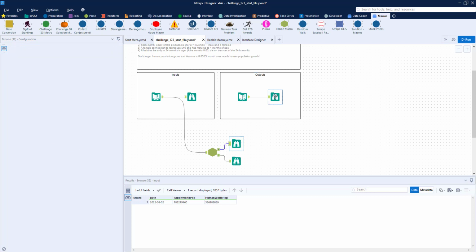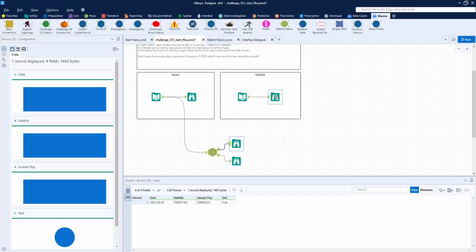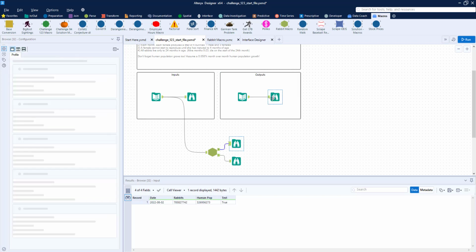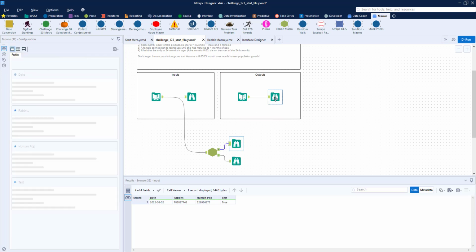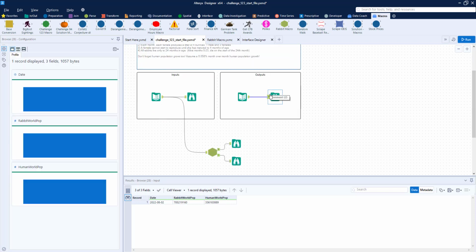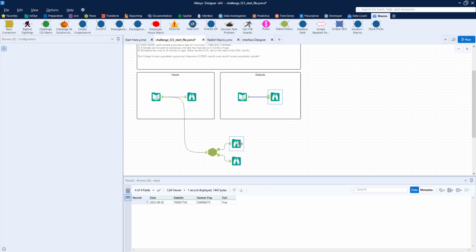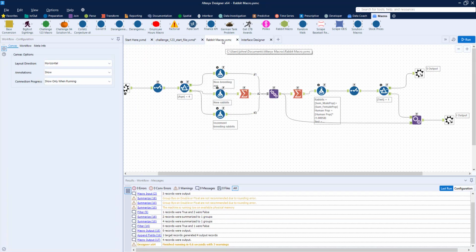Well, our rabbit count is slightly different. I'm not really sure what's causing that. I did this one before and my rabbit count was the same, so I'm really not sure why it's different. Although in the original challenge, they actually say you might come up with different numbers. So right now I don't know why they're different, but we have the right date. August 2022 is when... Oh, you know what?